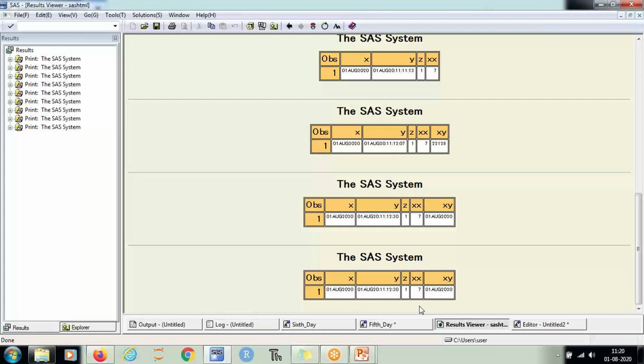Do one thing, just remove everything and then Hitesh web.